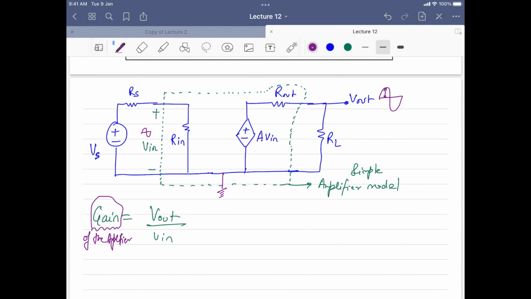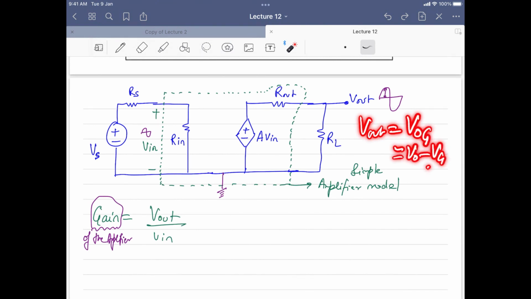What happens is we normally take grounds, as I told you last time, because somewhere down the line you are calculating this voltage V out, right? This voltage V out is not hanging in space. It will be calculated relative to some potential. So normally V out is nothing but VOG, where VOG means VO minus VG, and VG is this G. Because VG is 0, it will be VO itself.